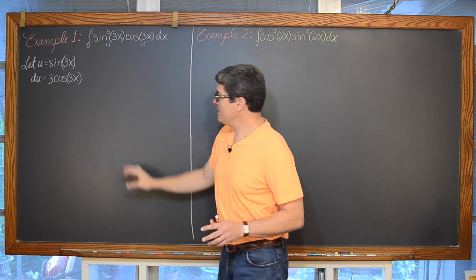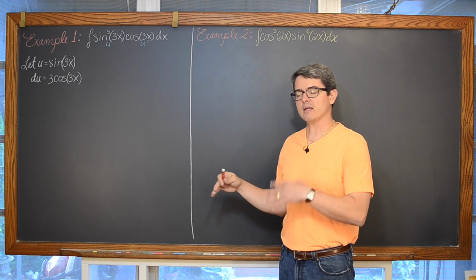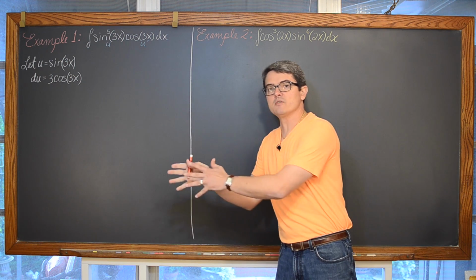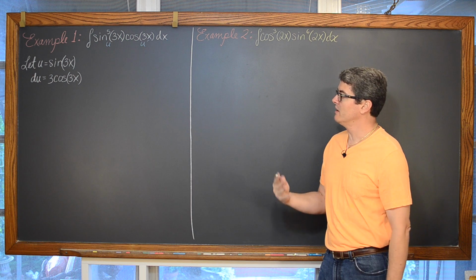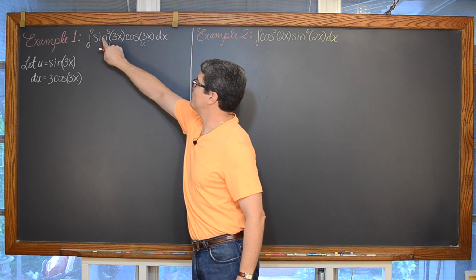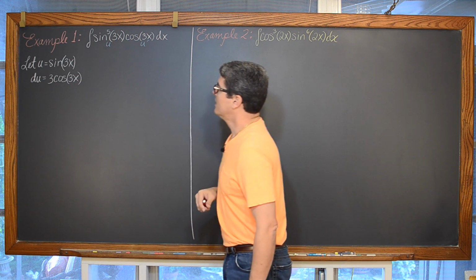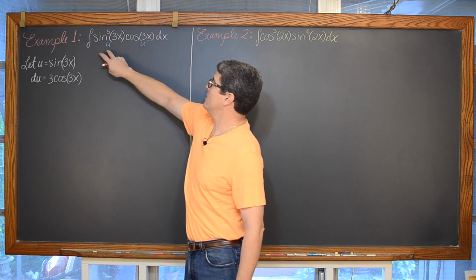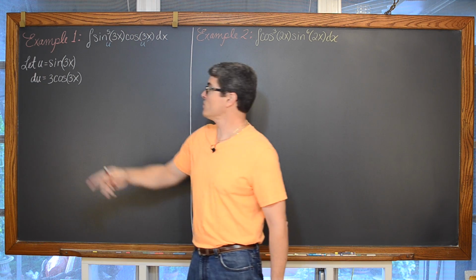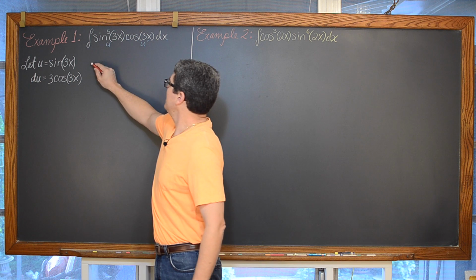Now, I'm showing that I'm starting a u substitution, but I'm not going to write these like I would early in my calculus class when I'm teaching it, where I put everything in terms of u and make it exactly match the rules. So I'm going to do a little bit of pattern recognition of that chain rule. If my u is the sine of 3x, then my du is 3 cosine of 3x. So to have a complete u prime or du to exactly match that expression, I need to introduce that multiple of 3, which I'm going to balance out with the division of 3.